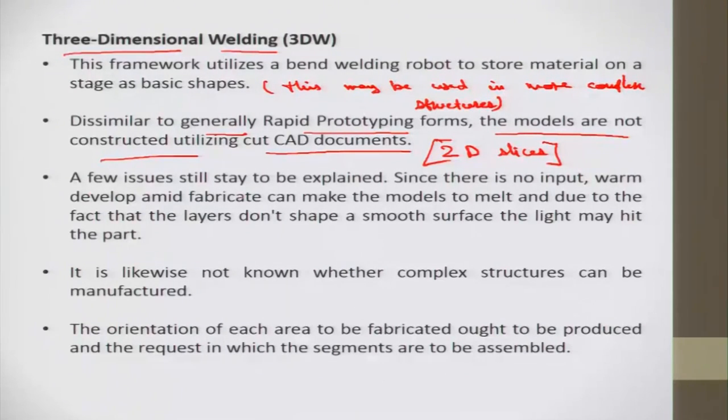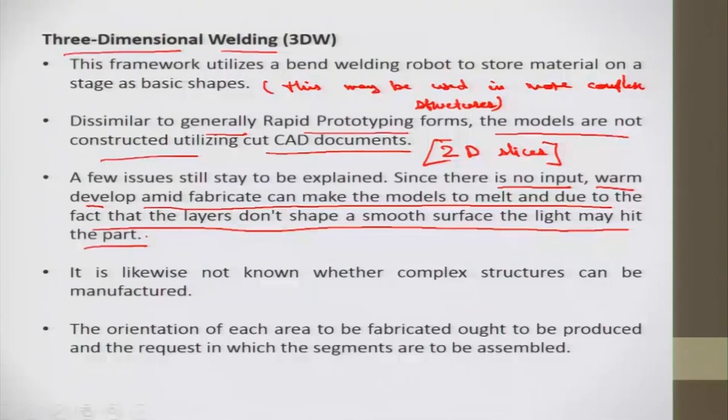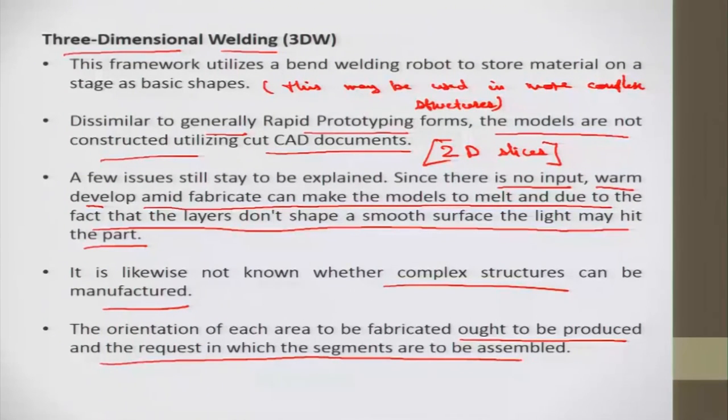A few issues still remain to be solved here. Since there is no feedback, heat buildup during fabrication can make the models melt, and due to the fact that the layers don't form a smooth surface, the light may hit the part. It is also not known whether complex structures can be manufactured. The orientation of each area to be produced, and the order in which the segments are to be assembled. So some strategy can be used here for complex structures, some method can be used to make the robot program straightforward,